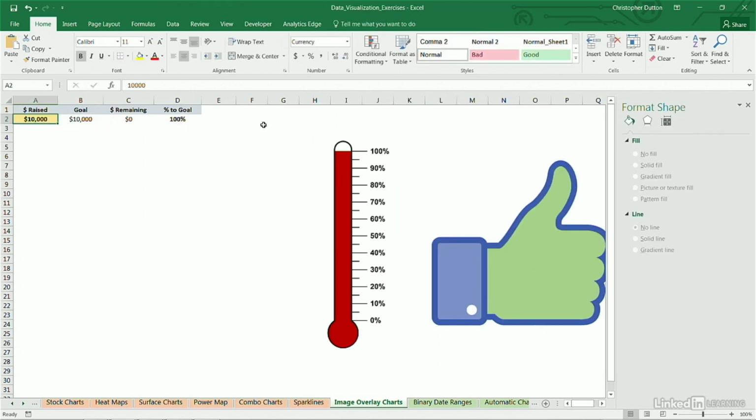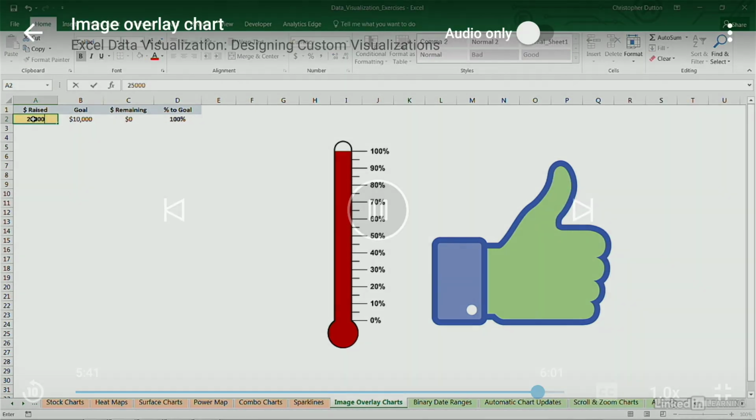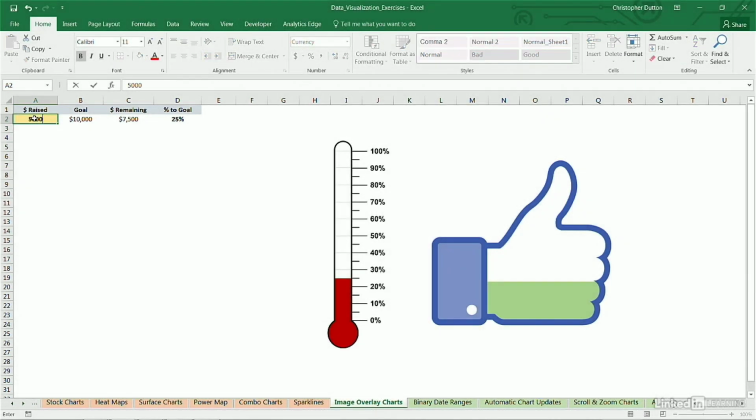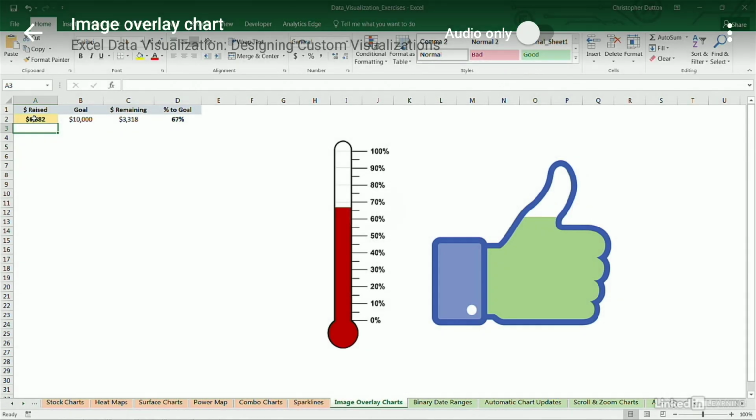So let's try plugging in some values here in cell A2. How about 2,500? There you go, it's about a quarter filled. 5,000 obviously gets us halfway. 6,682 will get us a little further. And there you go, two different examples of putting your own creative spin on a relatively simple stacked